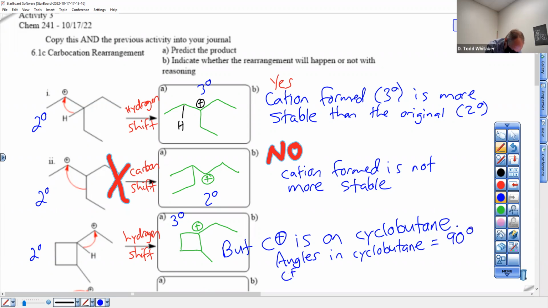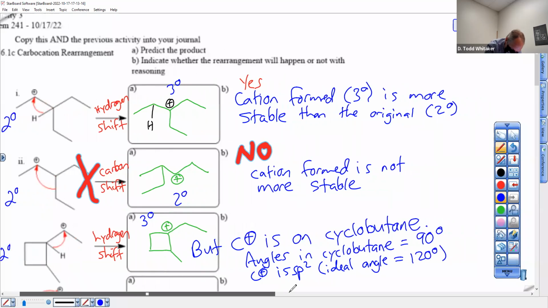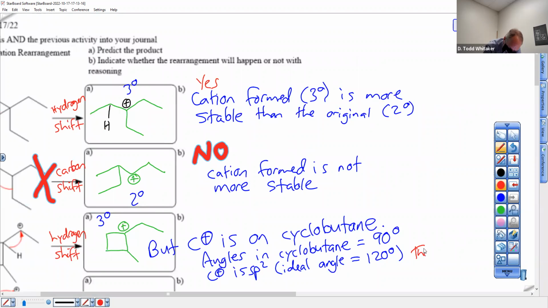C plus is sp2. What's your ideal angle for sp2? 120. This causes angle strain. It's not a good thing. It's reason number one for no. Okay? It doesn't happen. It's not all about hyperconjugation is what I'm trying to say. There's other things. Also,